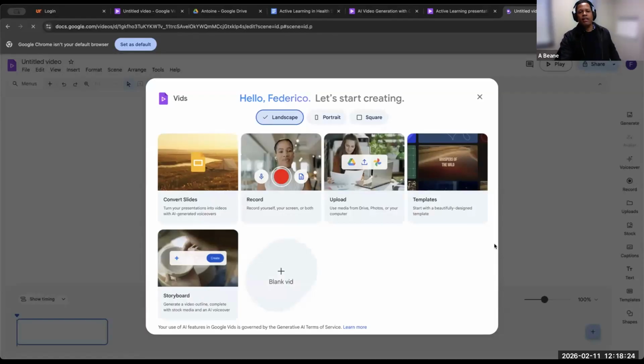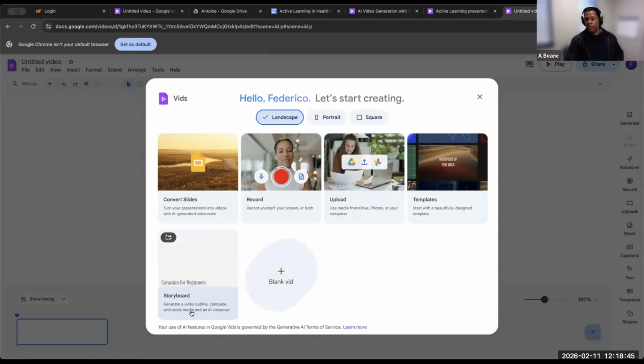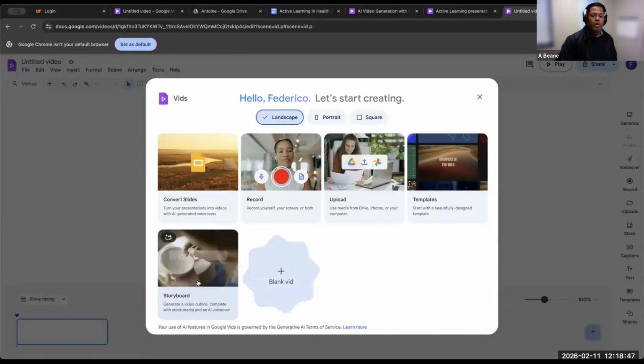And as you can see, this is the Google Vids homepage. And from the homepage, we will make our choices of the direction we want to go with our presentation. I said in the beginning that we're going to start with the storyboard, correct? So let's go to the storyboard. And as you can see, the descriptive here is generate a video outline complete with stock media and an AI voiceover, which you'll hear in just a moment. So you will click on the storyboard